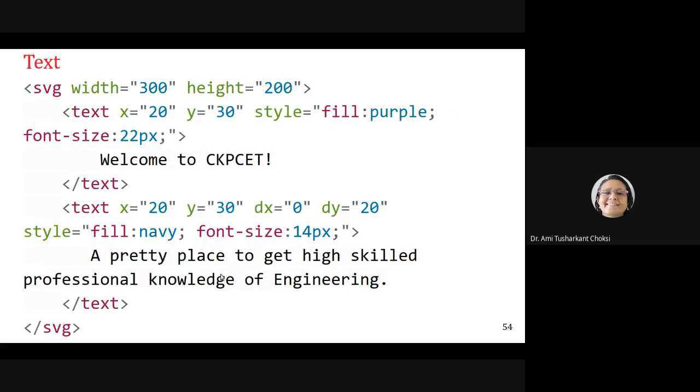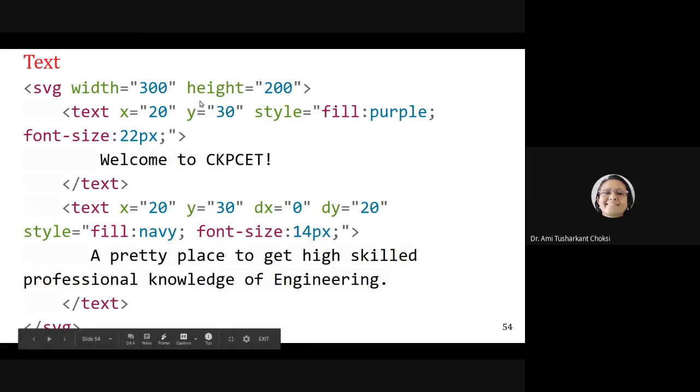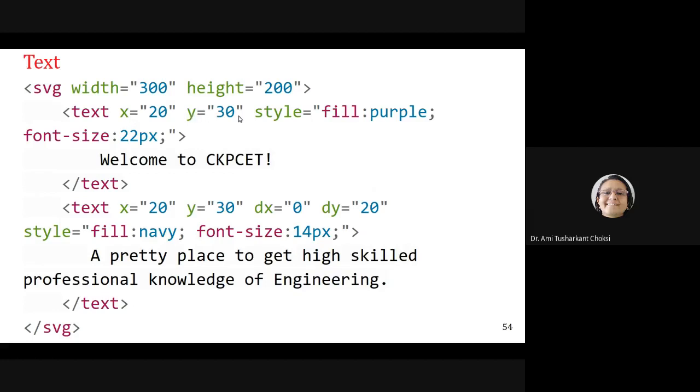So now we have text in this particular code. What do we have? SVG width and height, 300 and 200. Now the text is at x equal to 20 and y equal to 30. Style, fill purple, font size is 22px. Welcome to CKPCET. Now this text has ended. I have one more text. Let us check it out.